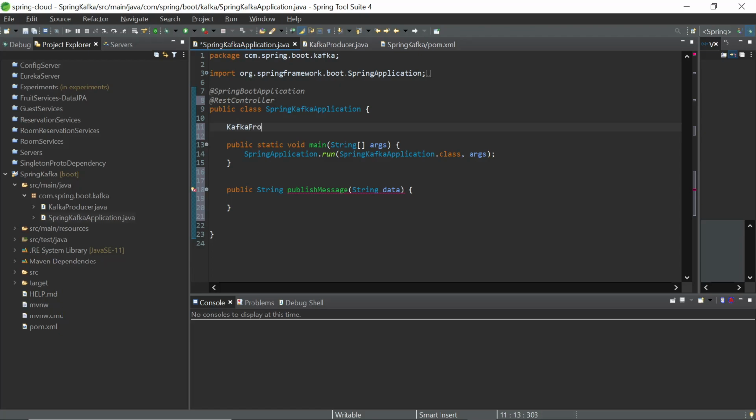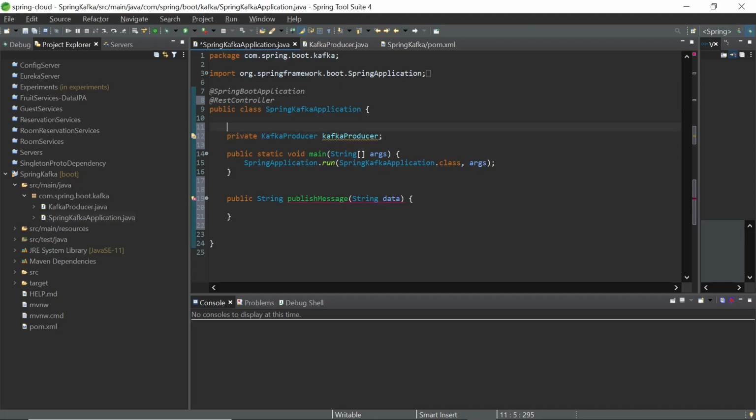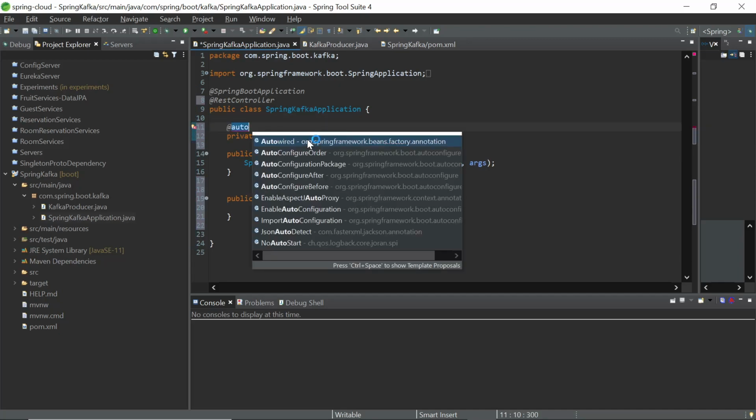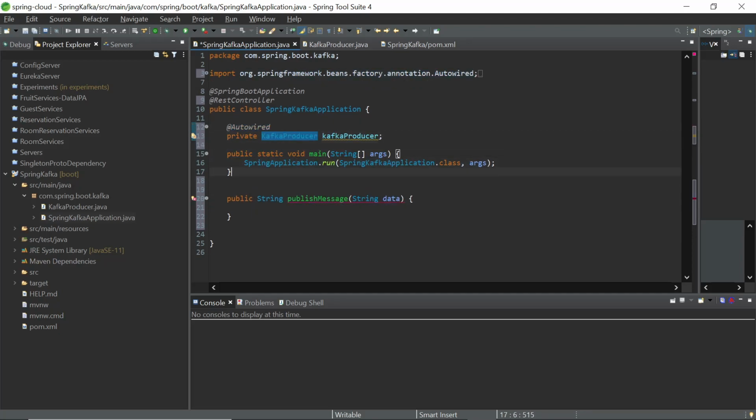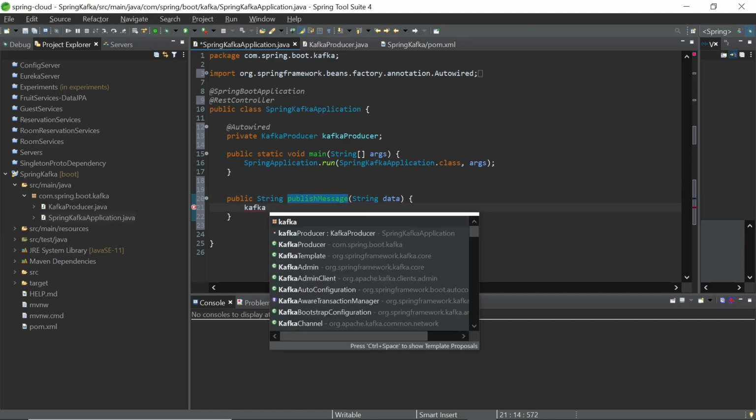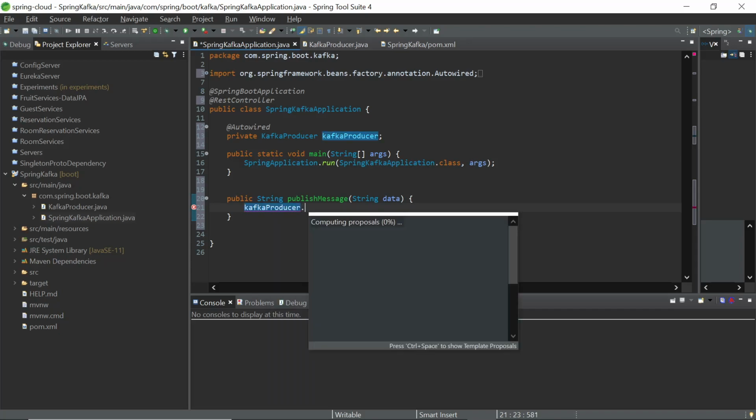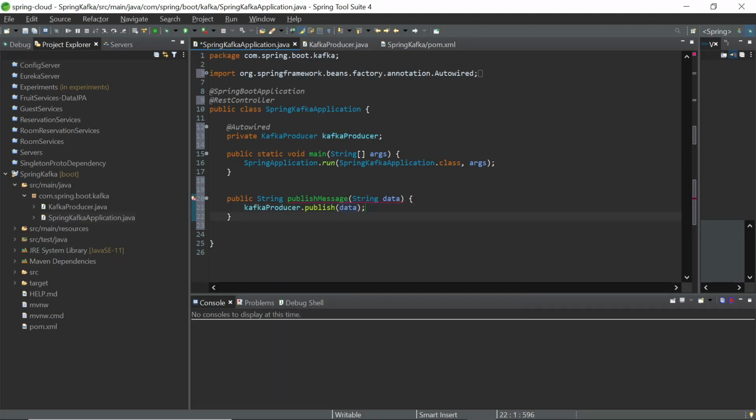So Kafka producer, this should be private. Okay, so far so good. All right, and we need to return a string here, right? Okay, let's just make this simple. Return published.